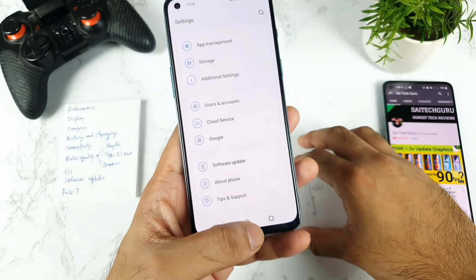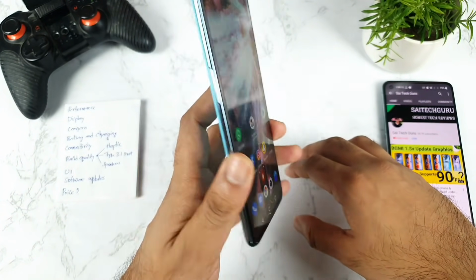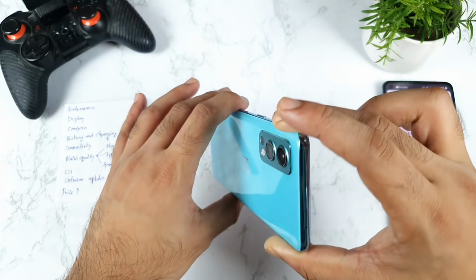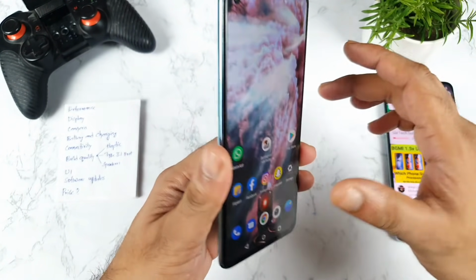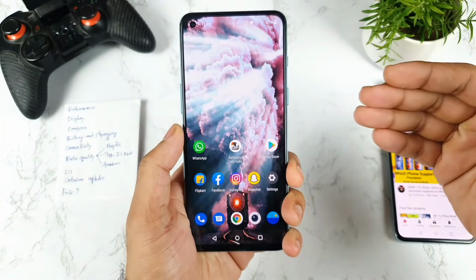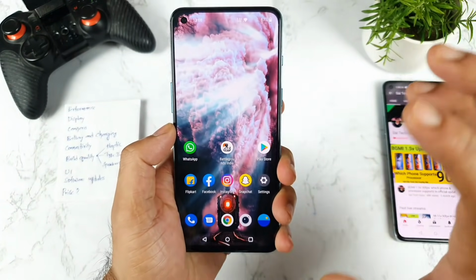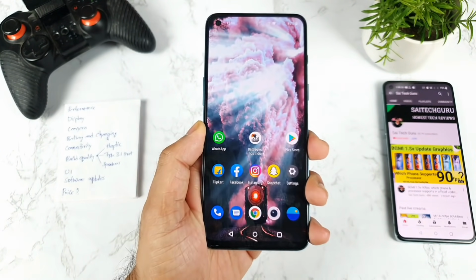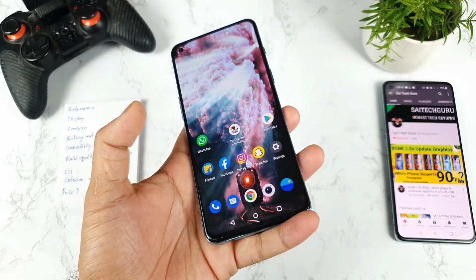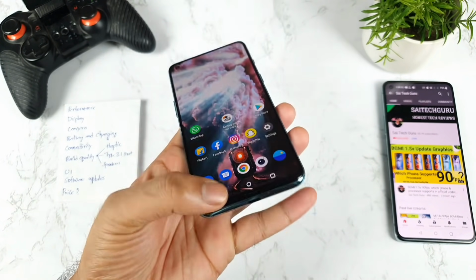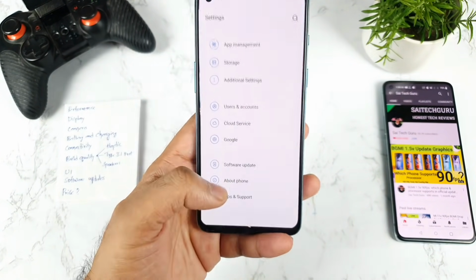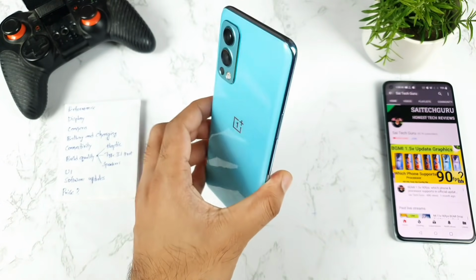And finally, regarding the price, this phone is about 29,999 rupees. So for this 29,999 rupees, is it worth buying or not? I would say kind of yes, it's worth buying the OnePlus Nord 2 without any kind of issues, because you're getting a really solid all-round package in this OnePlus Nord 2. Apart from small disadvantages, I mean regarding the refresh rate, touch sampling rate and the USB Type-C 2.0 port, all these things are a little bit of a drawback, but not a major thing. But overall, I was really happy, friends, using this OnePlus Nord 2.